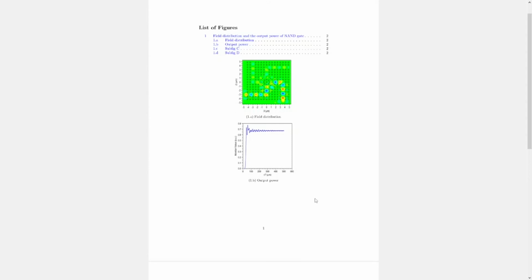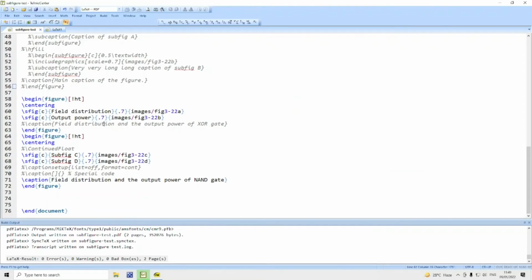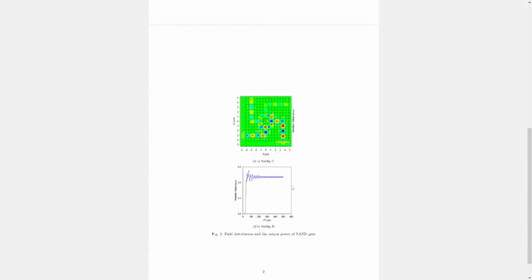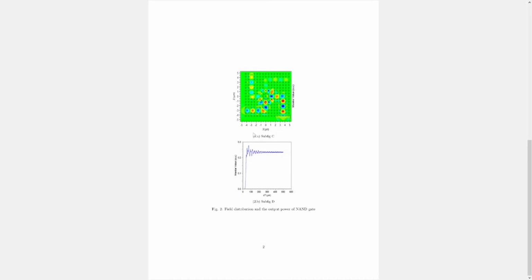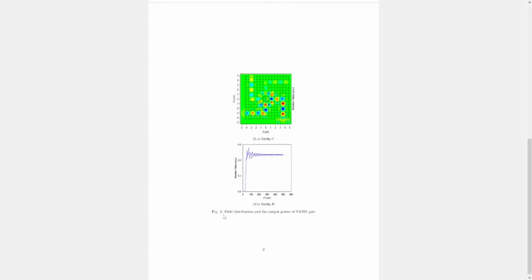There is no main caption because we have not given the main caption here, and then because of the next figure environment, here instead of 1c and 1d we have 2a and 2b, and here we have got fig dot 2 and main caption here.